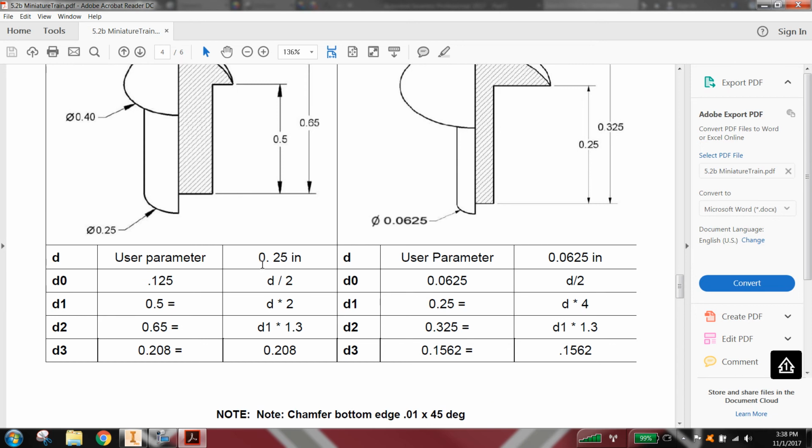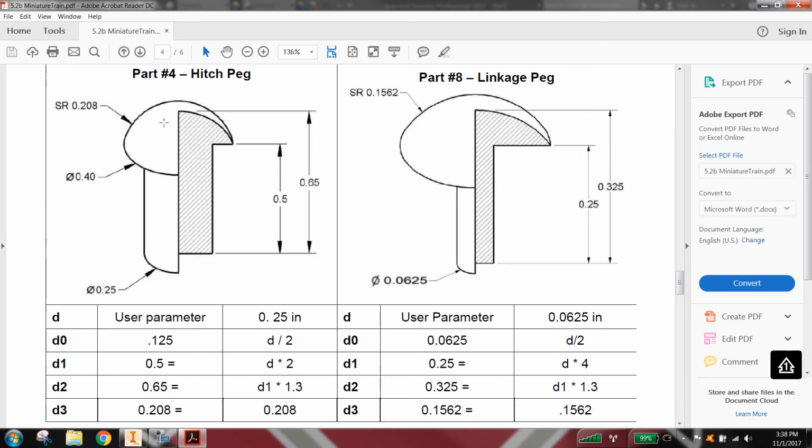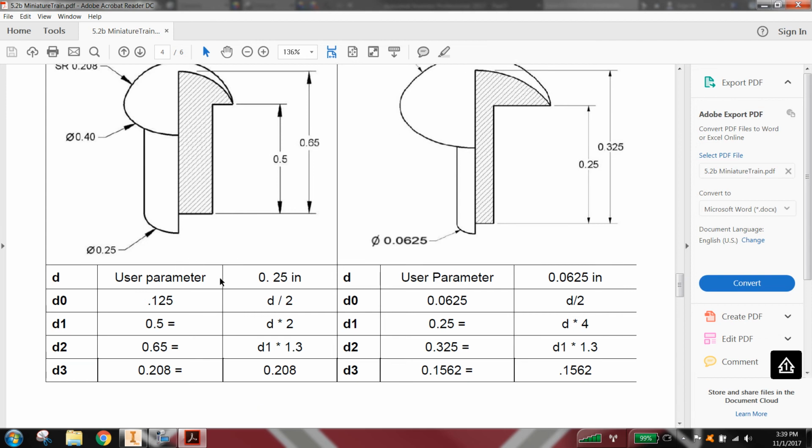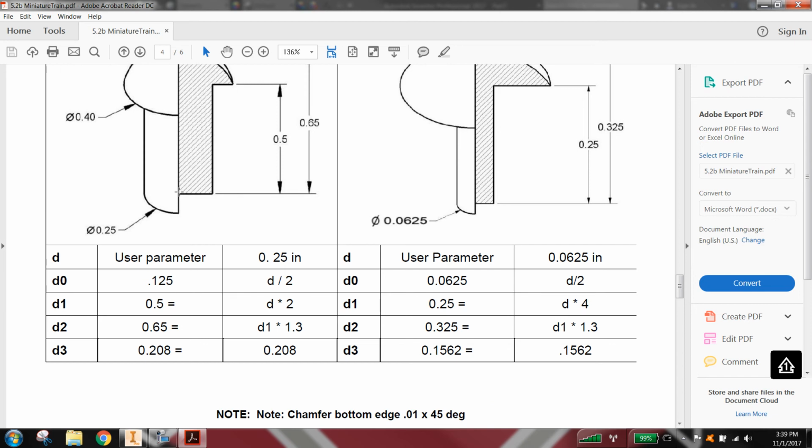Okay, so what we're going to do here, we're going to build the hitch peg, and we see this would be the outline that we're going to revolve. But we're going to first define a user parameter, okay, of d, which is the diameter. You could name that any variable you want. I'm going to name it d for diameter, and that's a 1/4 inch. So then to revolve it,